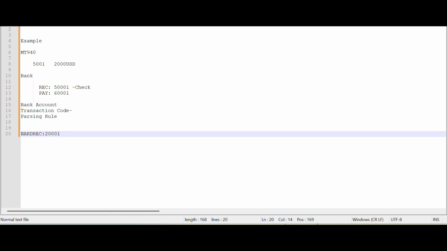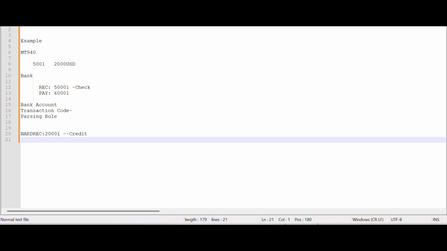Okay, so basically, a NARD is nothing but a non-automated receipt document. It always indicates the credit amount. Okay, so this NARD indication is the transaction code. It indicates the credit amount. Similarly, we are going to indicate for the